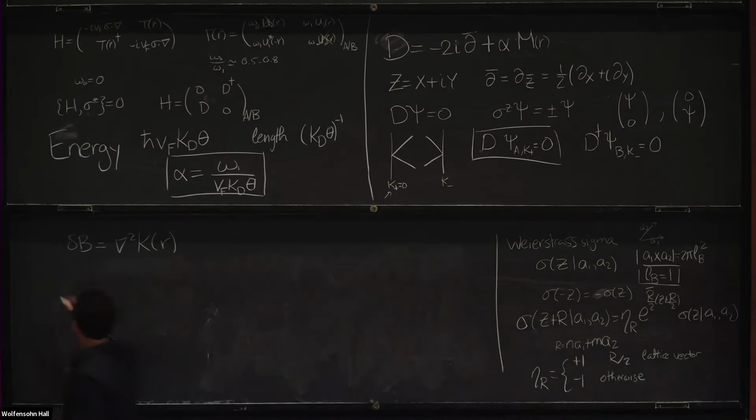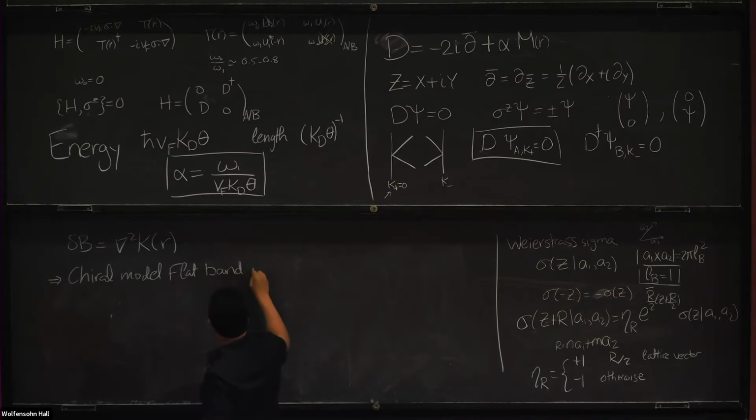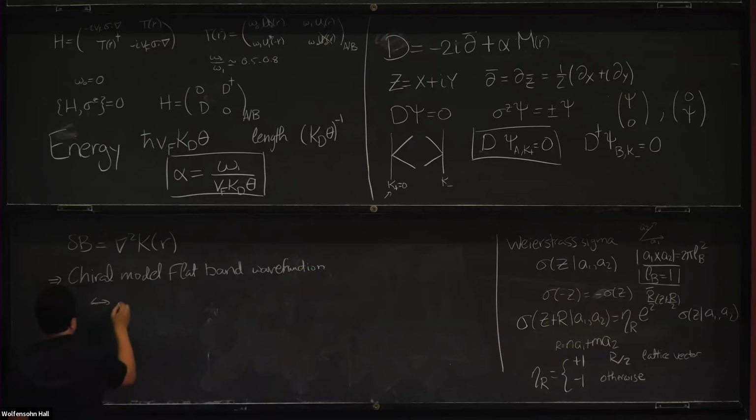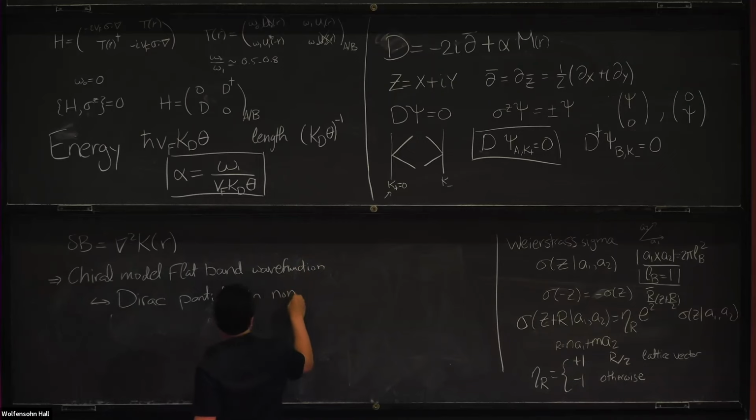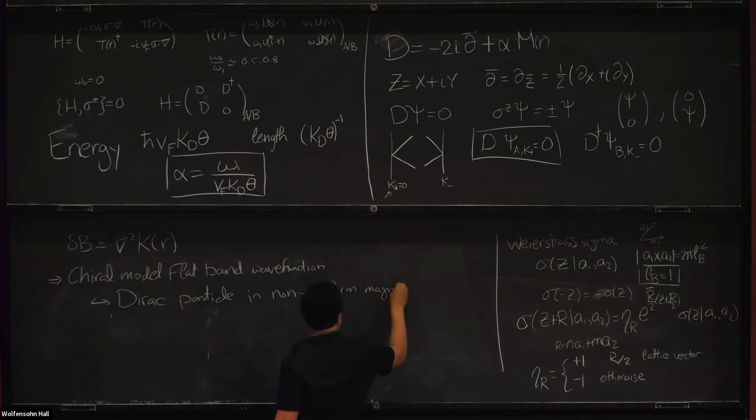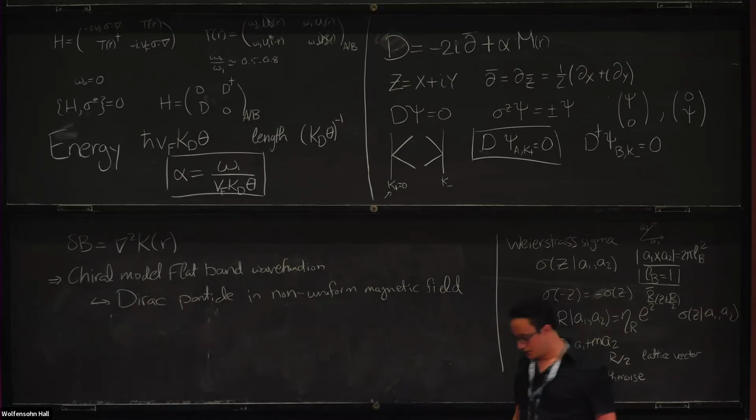So what we have done here is that we mapped the chiral model flat band wave functions to a Dirac particle. So these are the same as a Dirac particle in a non-uniform magnetic field. And this mapping